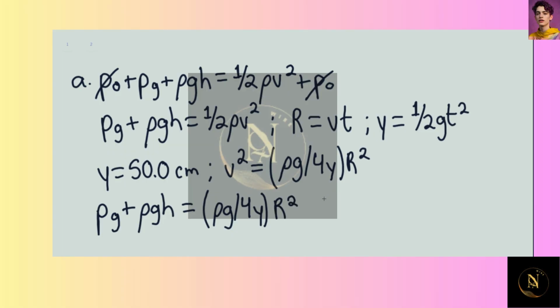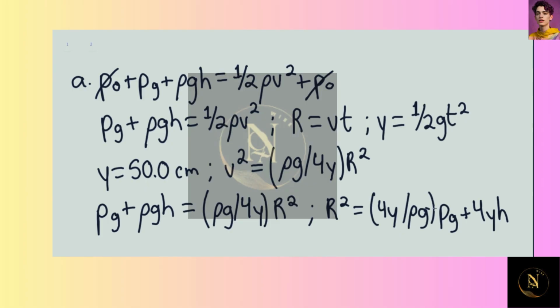And so we're going to solve for r squared in terms of h, and we can then say that r squared is giving us 4y over rho g times